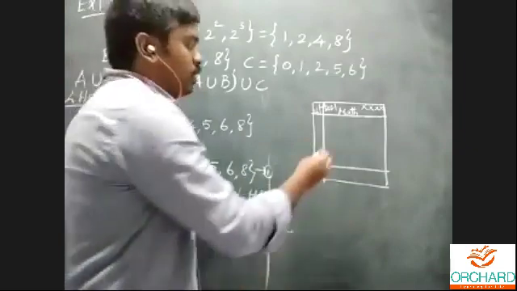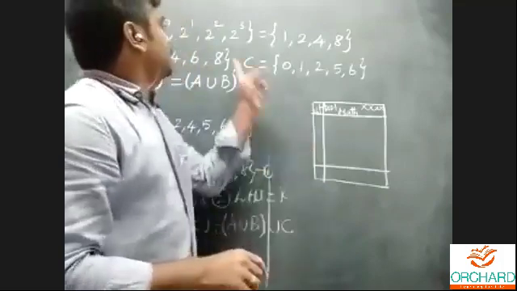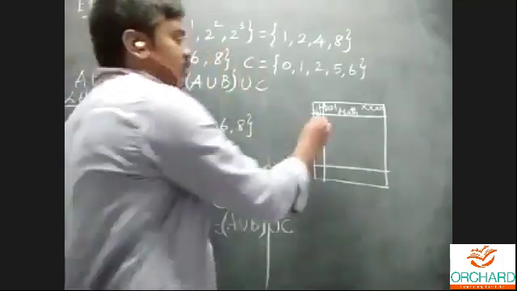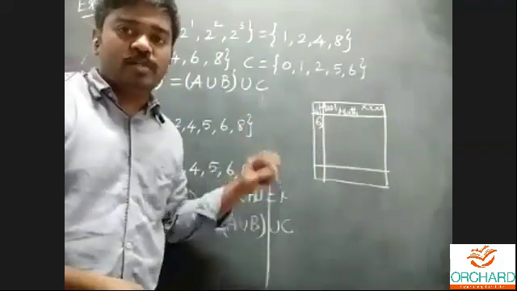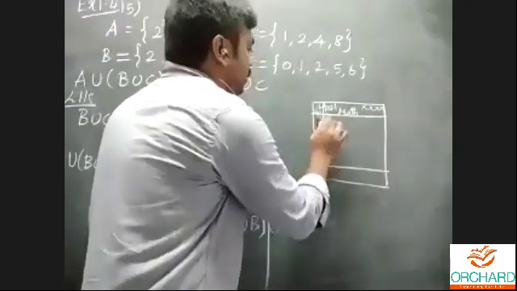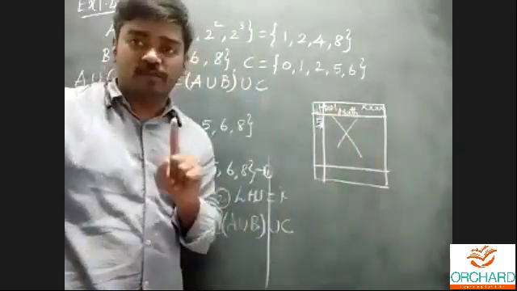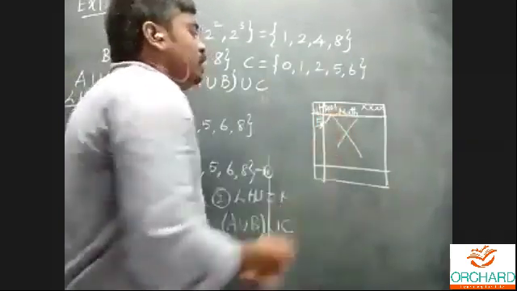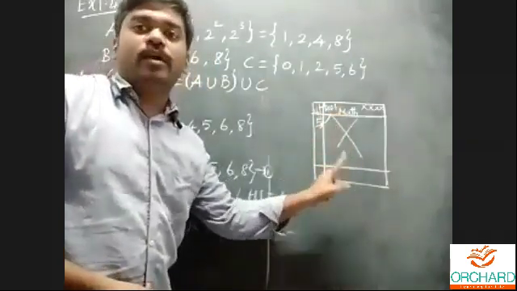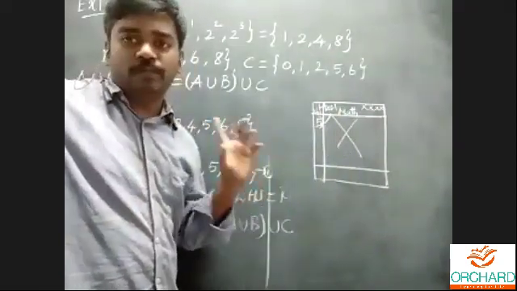Suppose you've completed one problem, and one more important thing: the question number. Suppose I ask the 6th question, definitely write that this is the 6th question. But some people wrongly write the question number as 5, and your mark is 0 for that question. The question number is a must. Only if the question number is correct can I evaluate the question. Otherwise the question is also wrong. Is it clear? Question number with the correct solution.